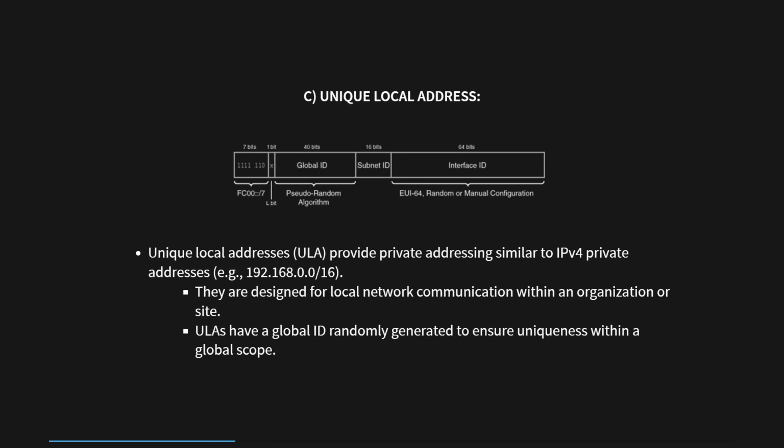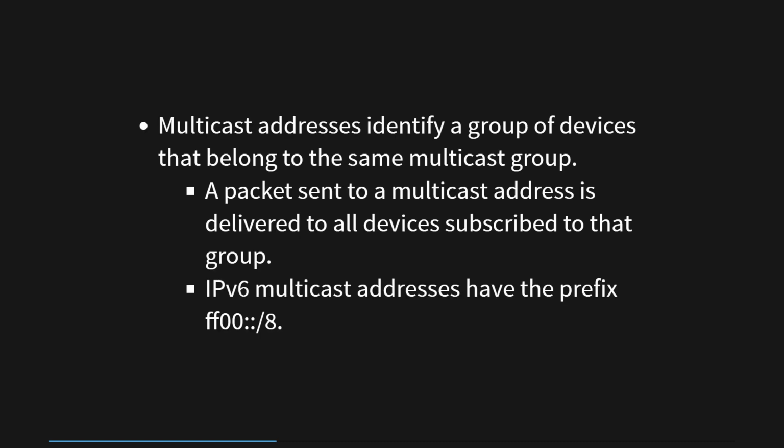Unique local address. Unique local addresses, ULA, provide private addressing similar to IPv4 private addresses, for example 192.168.0.0/16. They are designed for local network communication within an organization or site. ULAs have a global ID randomly generated to ensure uniqueness within a global scope. Multicast address. Multicast addresses identify a group of devices that belong to the same multicast group. A packet sent to a multicast address is delivered to all devices subscribed to that group. IPv6 multicast addresses have the prefix